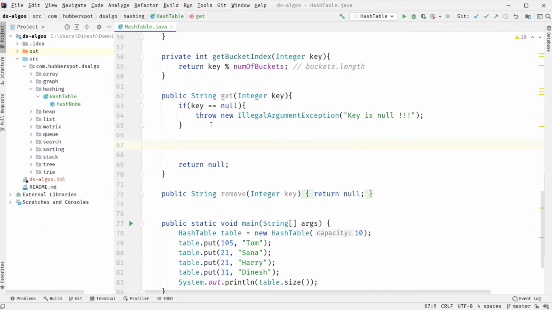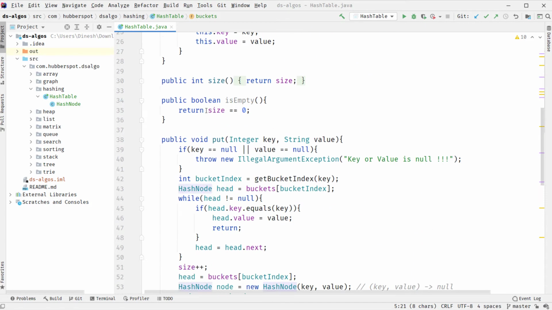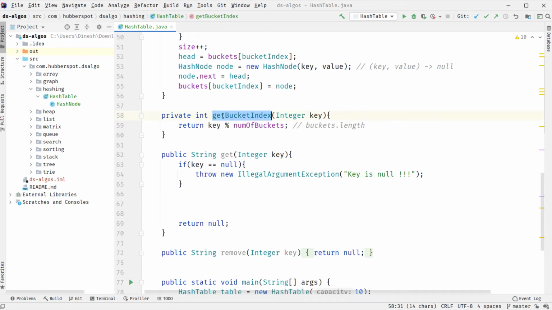And now how can we get a value associated with the key which we are passing to this method? Because in the hash table, internally it is using a buckets array of type hash node. So how can we find our key and return its corresponding value? We basically use the hash function which takes a key and returns us back an index, and corresponding to that index we try to search our key. So here you can see